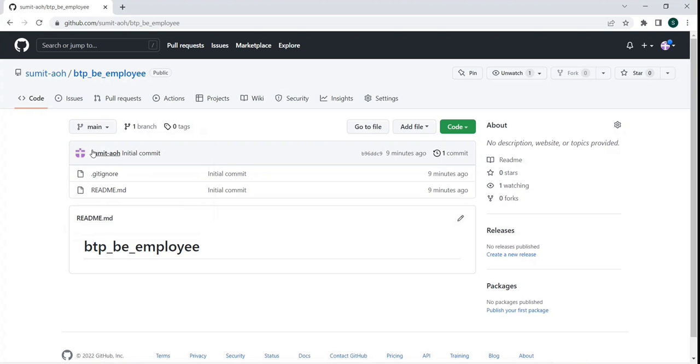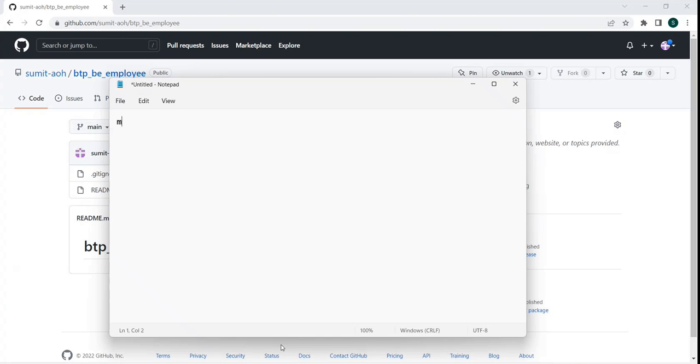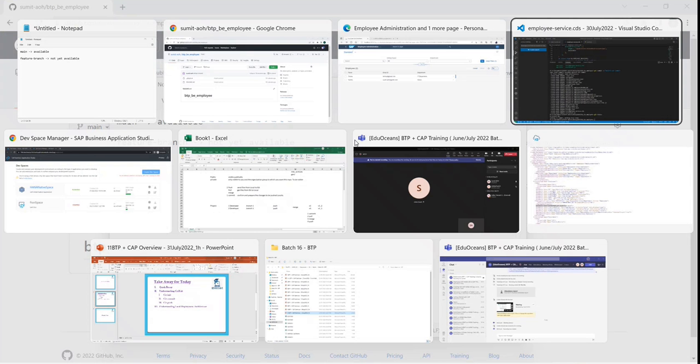Okay, so what I have over here is a main branch. If I just list it out, I have a main branch which is available. I can have a branch, for example, a feature branch, where I am working on a specific feature of an application. So I can say feature branch which is not yet available. So I have a main branch which is available, and a feature branch which is not available. So in case I want to connect this